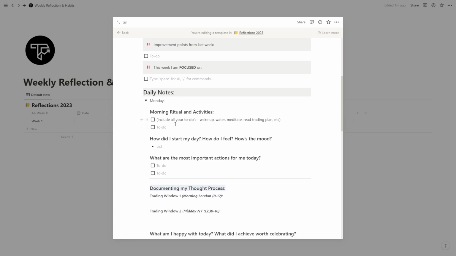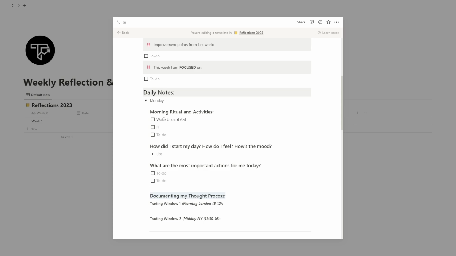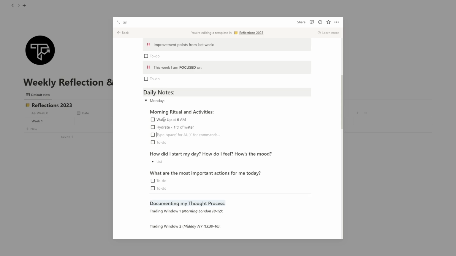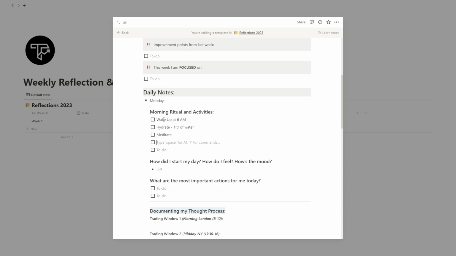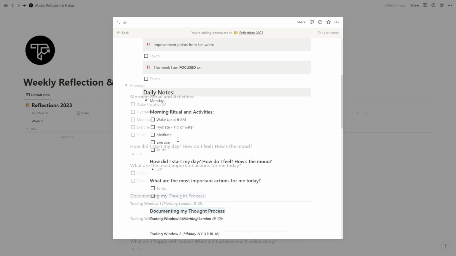Okay, so for example, what I have said here is include all your to-dos: wake up, water, meditate, read, training plan, etc. Okay, so you delete this and you say wake up at 6 a.m. Next, hydrate, right? 1 liter of water. Next, meditate, exercise, whatever you like. Okay, unfortunately, you have to put in a little bit of work, because, for example, if this is your morning routine, you just